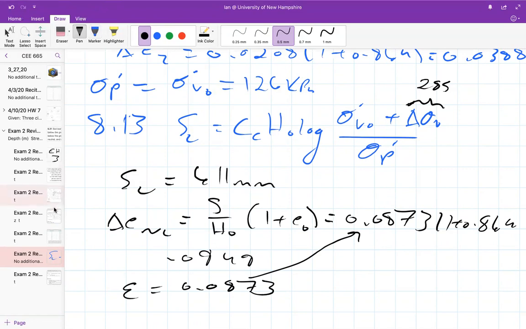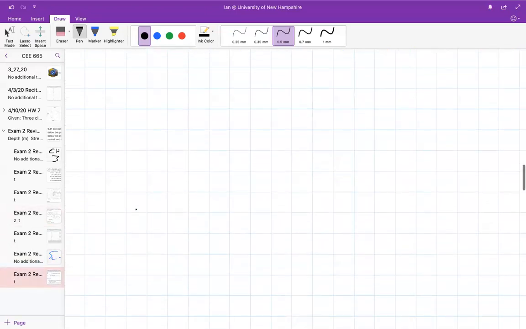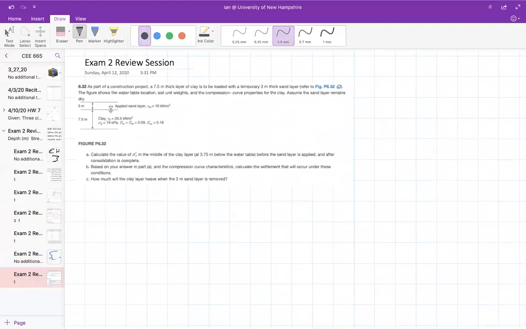Any quick questions? I got one more problem, and I know I'm starting to run over time, so I'm going to try and go through this last one at a not slow rate. Nope, okay. 8.32. So we have, as part of a construction project, a 7.5